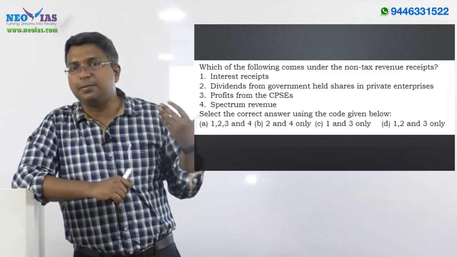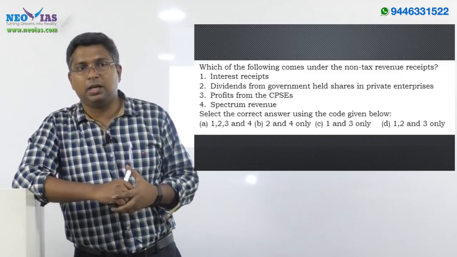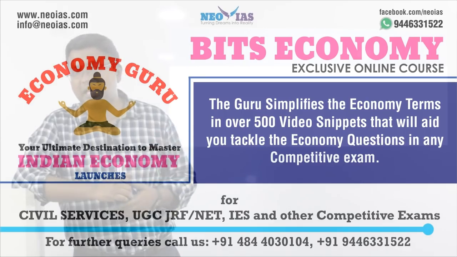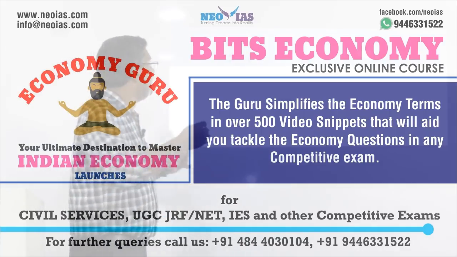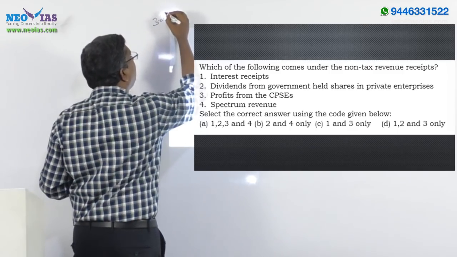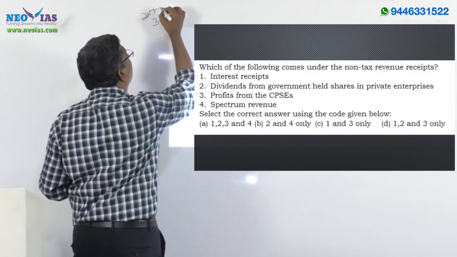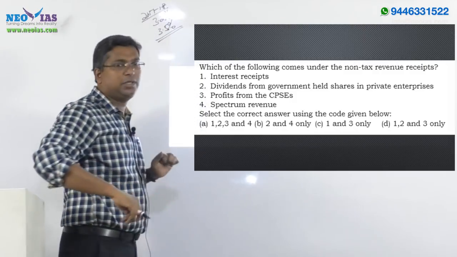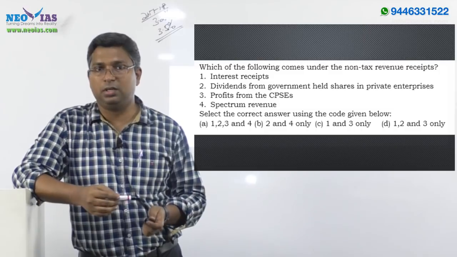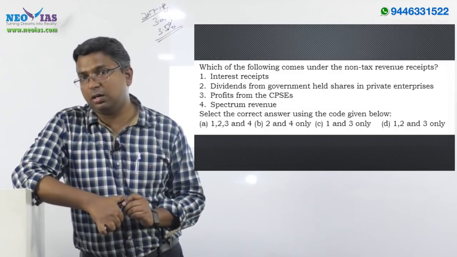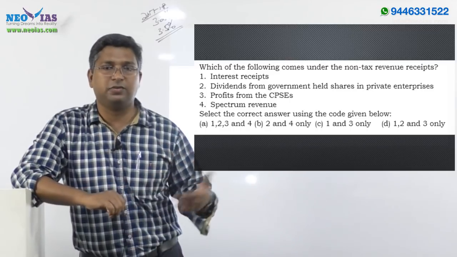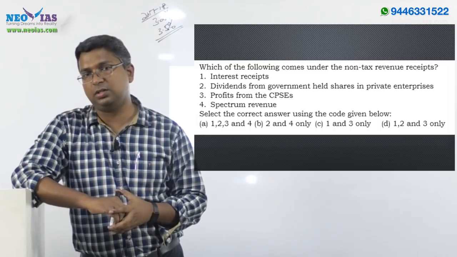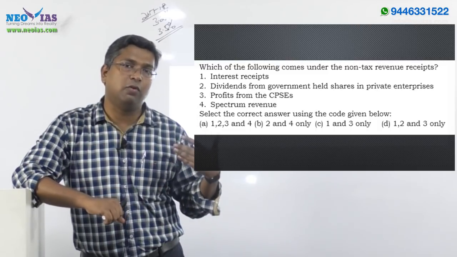we had fiscal slippage. It means that the fiscal deficit was more than the budgeted fiscal deficit. The budgeted fiscal deficit in 2017-18 was 3.2%, but actually there has been a slippage to 3.5%. So it's a very important topic, especially for this government, this is the first year. 2017-18 is the first year to have fiscal slippage, and you need to know the reason why fiscal slippage